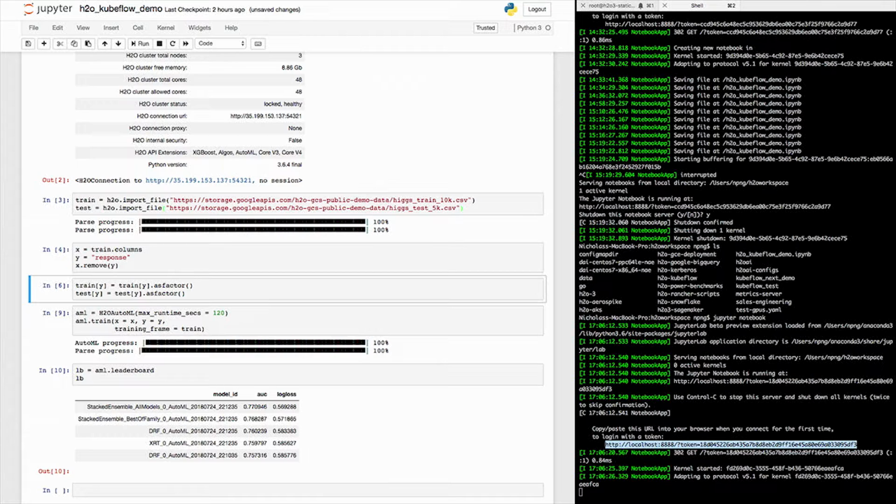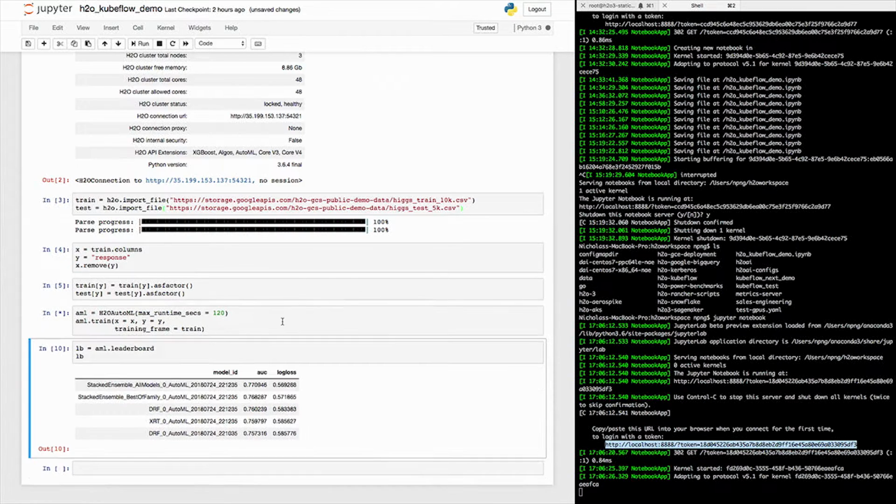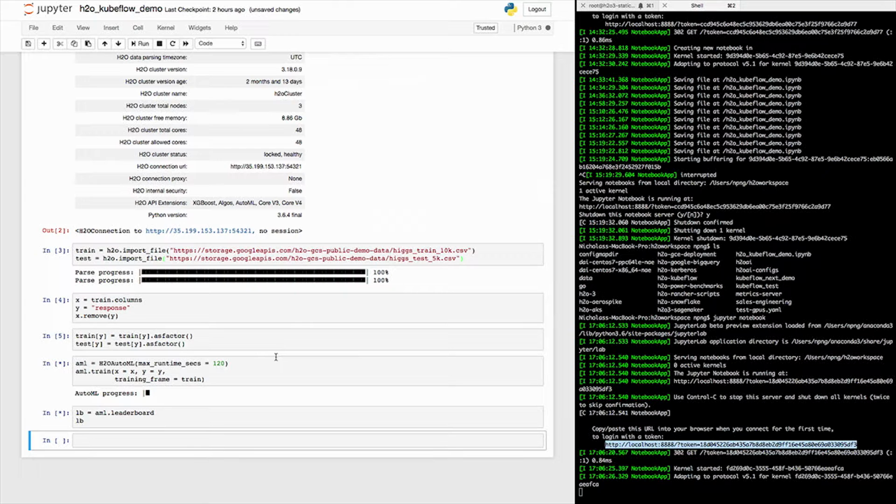So if you do look at docs.h2o.ai, you can actually see the same demo or something fairly similar. Ultimately, what this comes down to is we're running H2O's AutoML package. AutoML means it's going to do an intense grid search across several different algorithms that we have and try and find the best one. And you can track progress here.